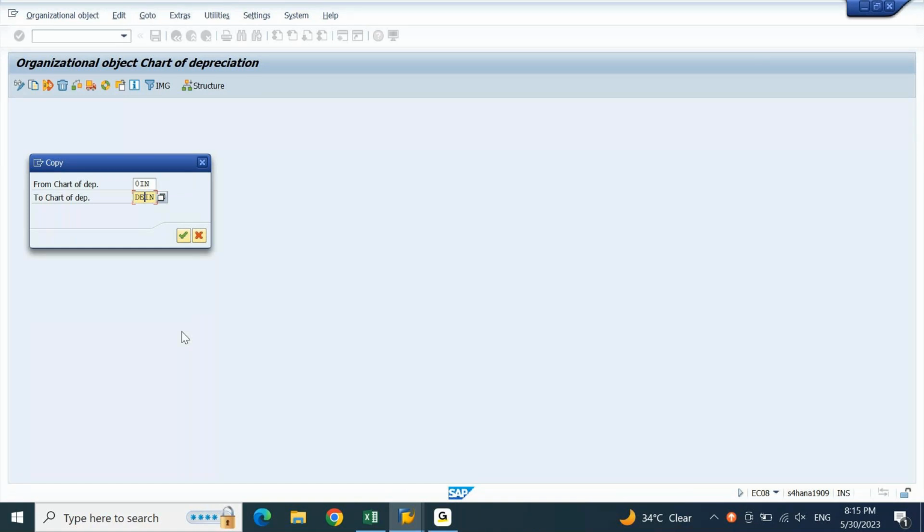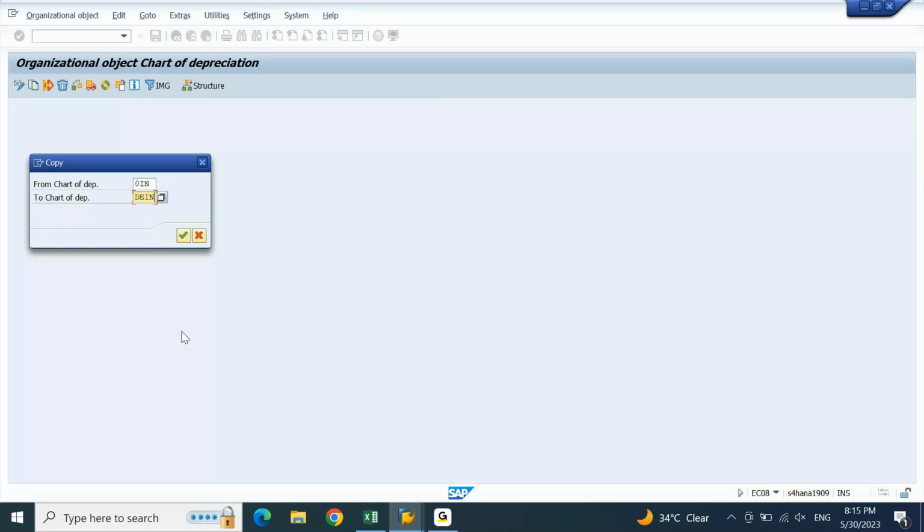So here I am taking DEIN because your company may have different company codes in many countries. You need to have a fixed logic to identify what are the chart of depreciations used or defined in the respective country. So normally you may be creating, let's say, ZDIN or DEIN. I am going ahead with DEIN here.